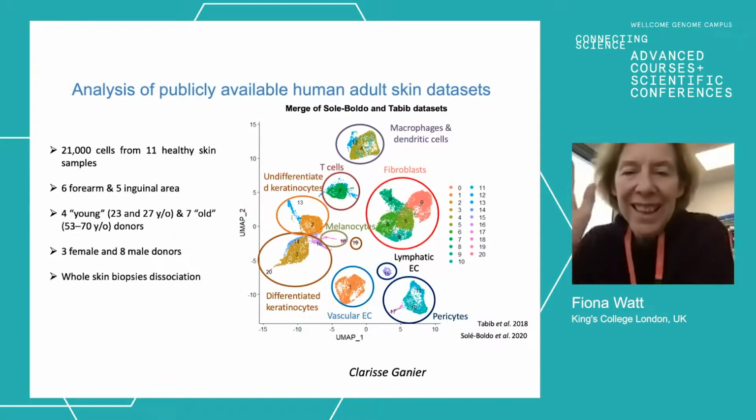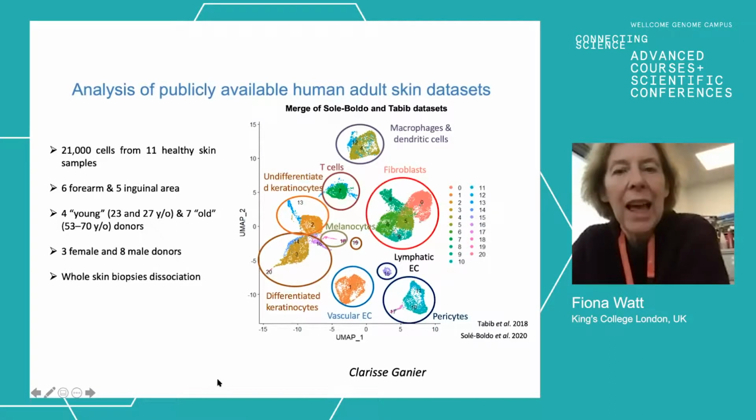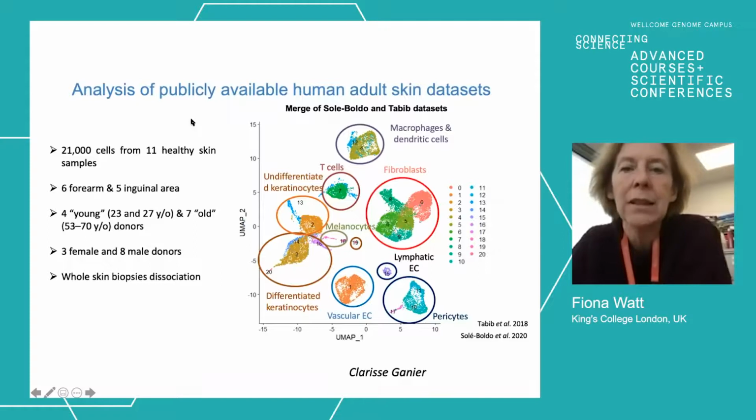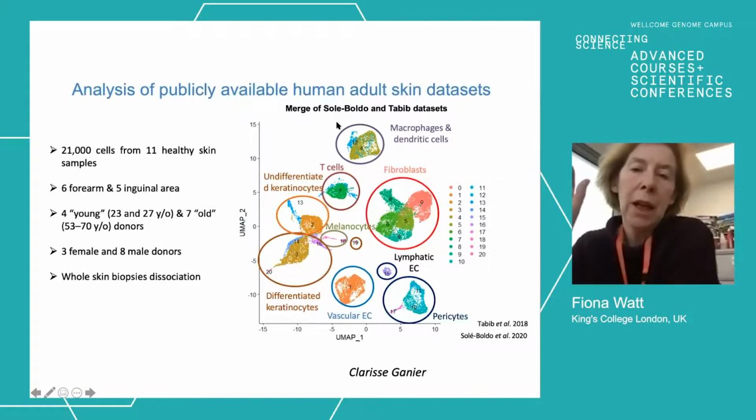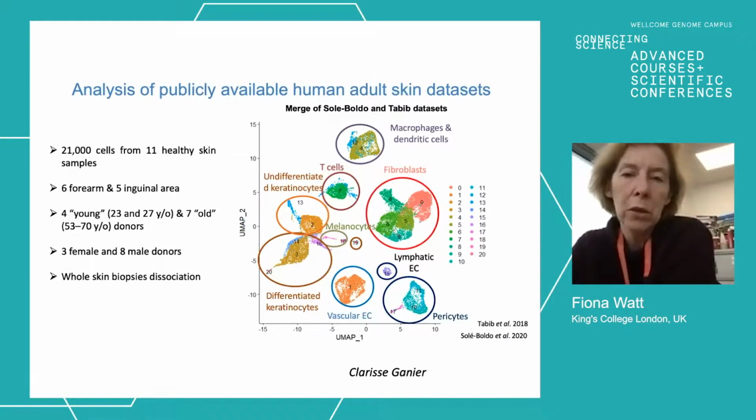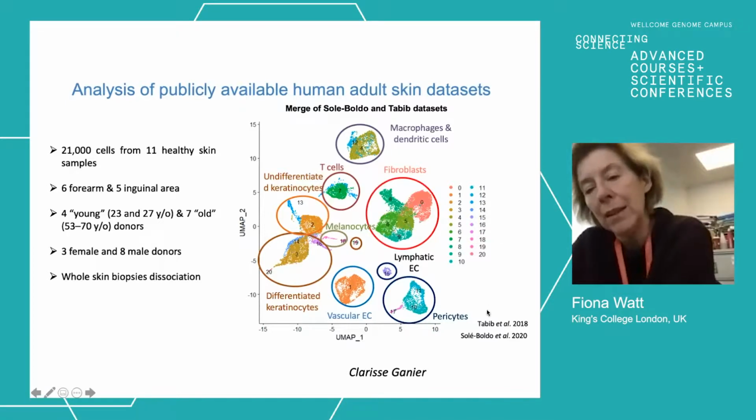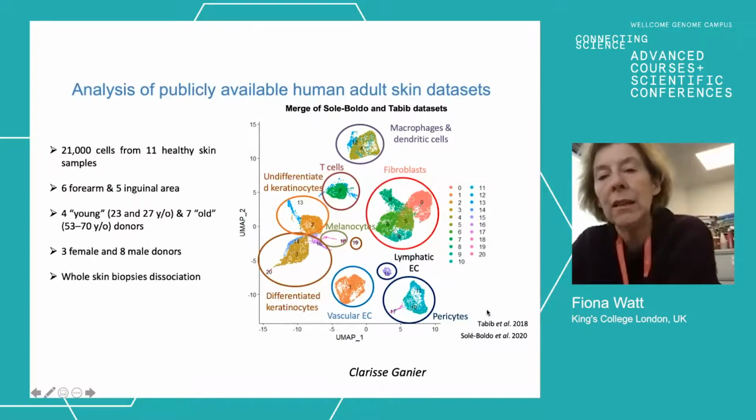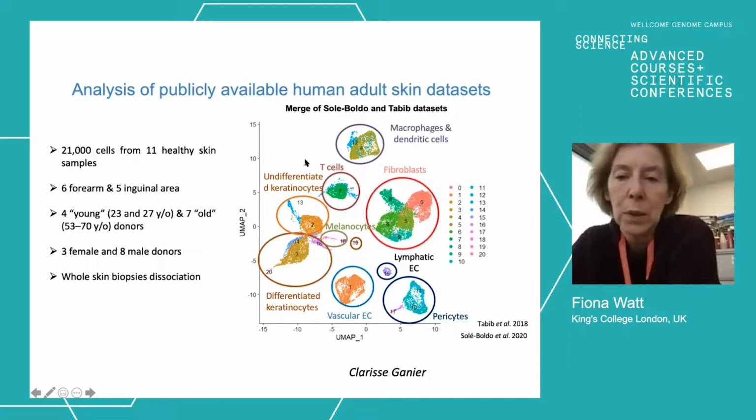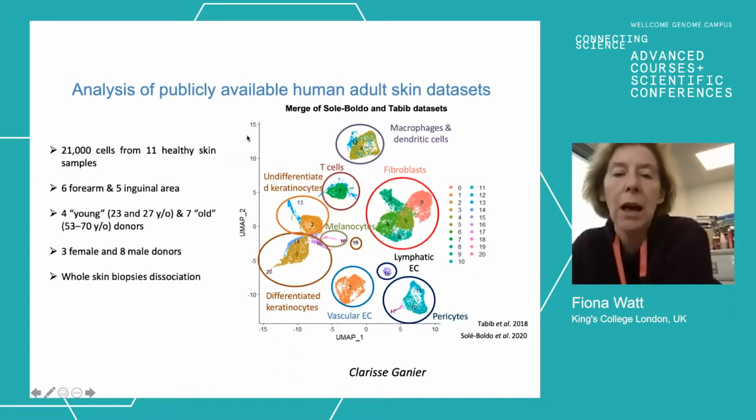Actually, I have to say that this is the work of Clarisse Garnier. And in this initial study, she's not taken the work from our current data set, but she's merged the data from two other groups that was published by Beebe et al. in 2018 and Solé-Boldo in 2020. But essentially, it's the same principle as we have with the new data sets, that you can use a UMAP